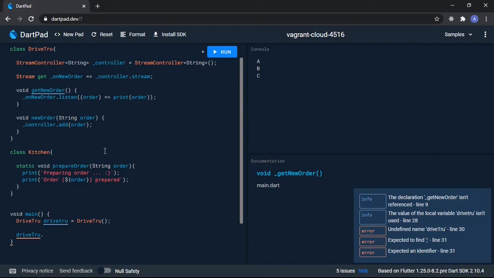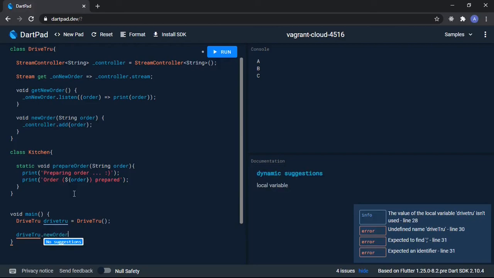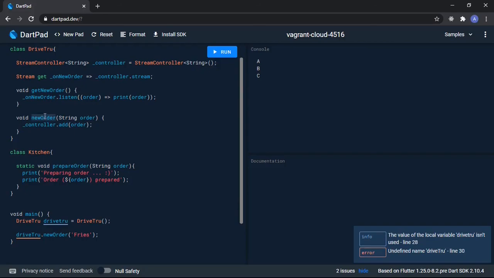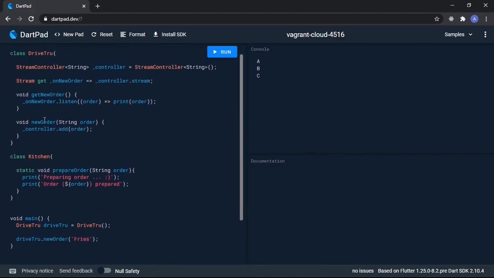But for now I'll just do this, and what you should expect is that I would say drive through dot new order. So I'm making a new order, like I'm talking to the mic, right? And then I'll pass the order. I'll just say fries. Drive through dot, what's this method, new order. Undefined name drive through. Oh, we made a mistake here with the T, drive through dot new order. So what we should expect is I say new order, and then I'm adding that order through the stream, right, to the stream using the controller, of course, and then I'm listening right here, right? So I should get the order, and then I will print the order. So if I actually run this,